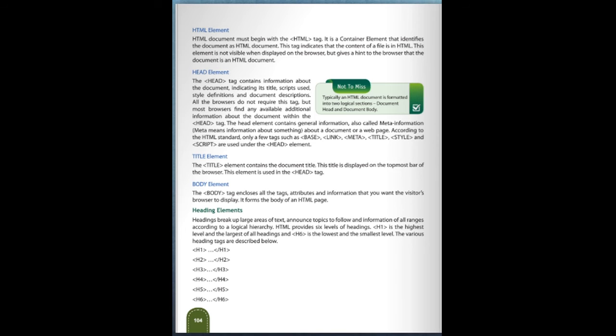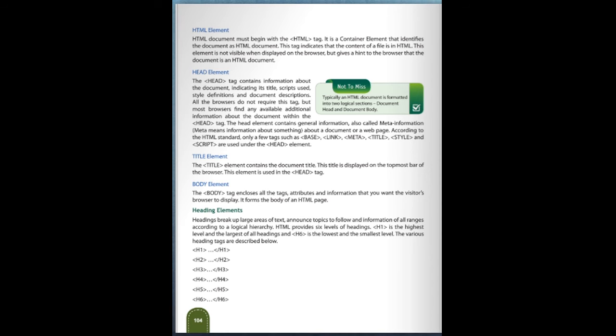Headings break up large areas of text and announce the topic of the information that follows. According to the logical hierarchy, HTML provides six levels of heading. So whenever we need to write any paragraph, we have to give a title to that paragraph. So we are using the heading tags.